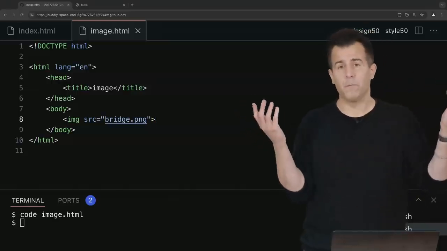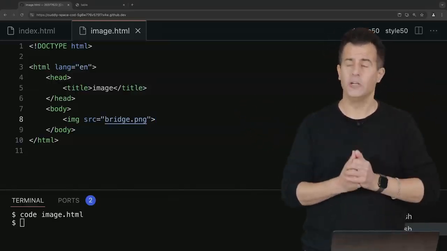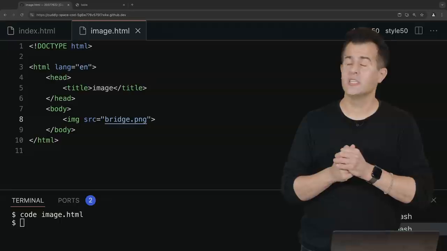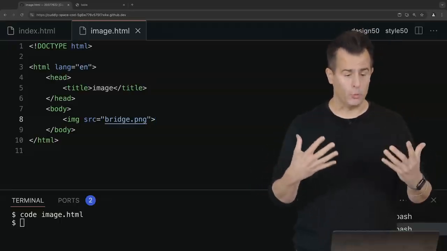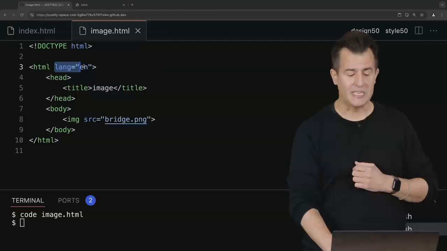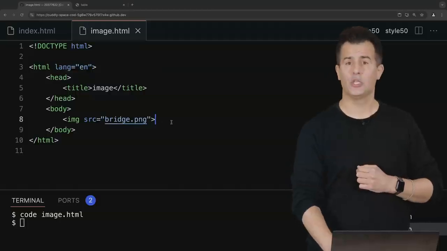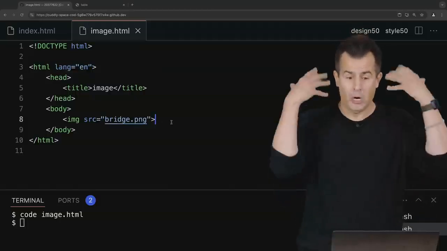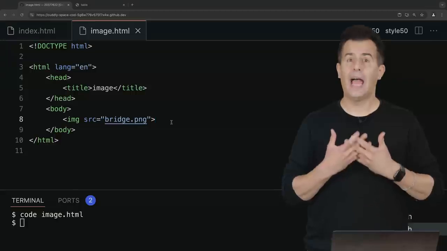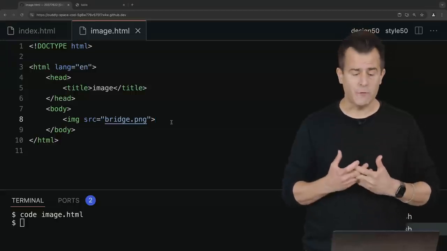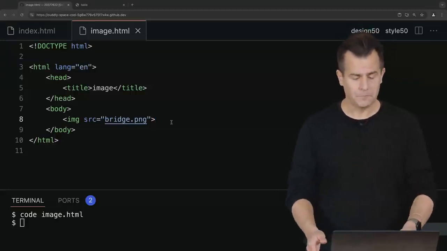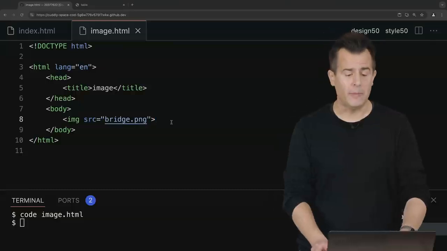It was just faster to type for humans than image, so they called it 3 letters instead of 5. Source is representative of another attribute. We saw an attribute earlier, lang equals en. Well, it turns out that the image tag, if you read its documentation or listen to me now, has an attribute called source, src for short, that allows you to specify the source of an image that you want to